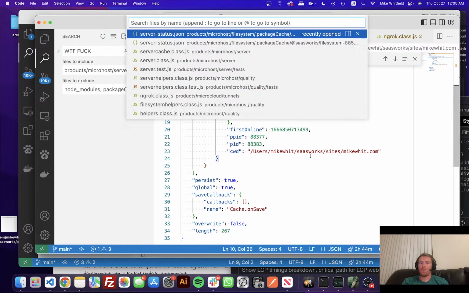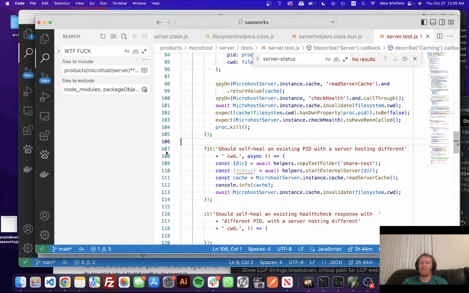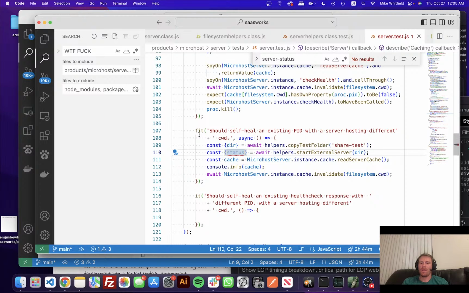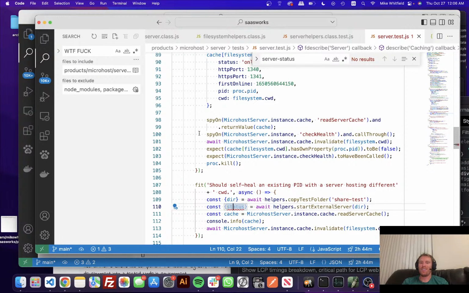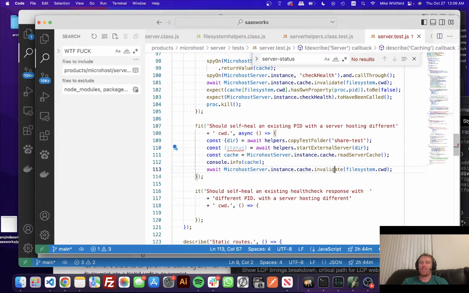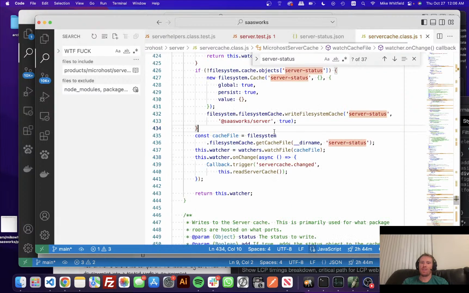With the goal of the testing, going back here, this is just to have different weird bad use cases, and a lot of it is testing this invalidate function, which if we go to invalidate,